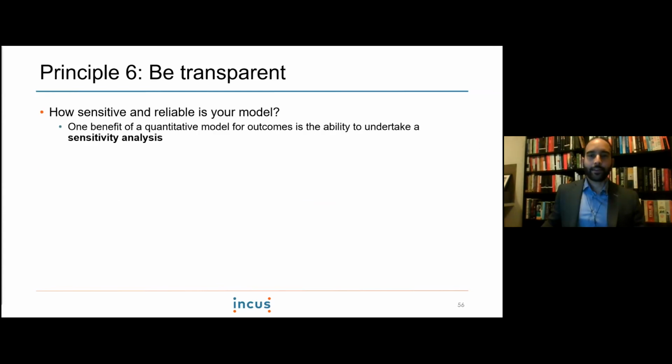The last thing I want to quickly talk about in transparency, because I think this is a really important thing that maybe doesn't get used enough in social value analysis, is the idea of a sensitivity analysis. Because if you have a quantitative model, one of the great things you can do is to play around with that, test your judgments, test your assumptions, and be transparent about that so that people get a sense of, well, what if we had chosen proxy B instead of proxy C for that outcome?